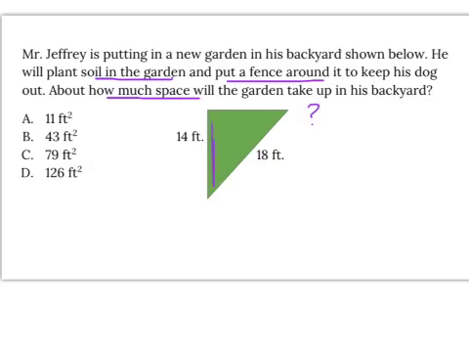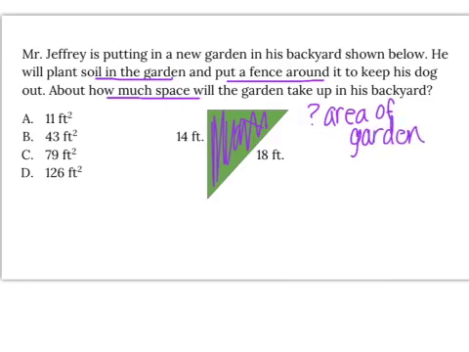Space means everything on the inside, which means I'm talking about the area. So I actually need to find the area of the garden. Also, a strategy is if you look at the answer choices, all of the answer choices are labeled in feet squared. I know that area is measured in square feet, so that's another way to tell that it's asking for area. So now I need to first write my area formula for a triangle, which we have to remember